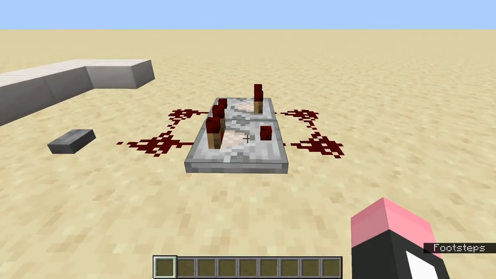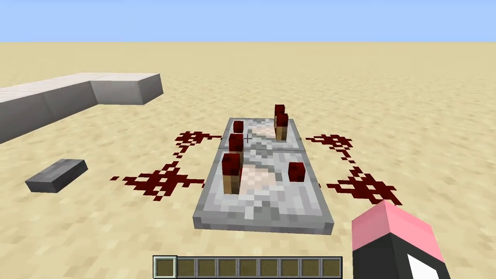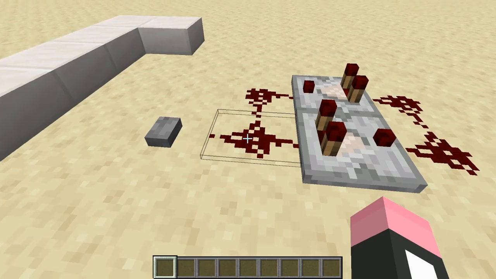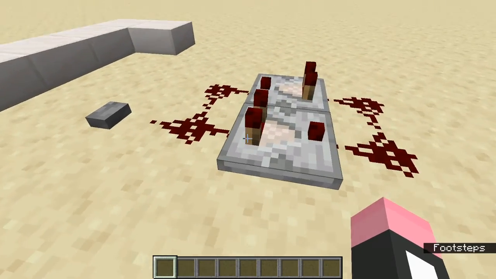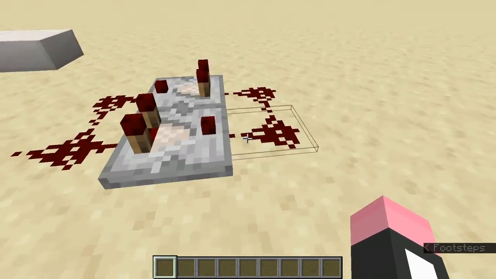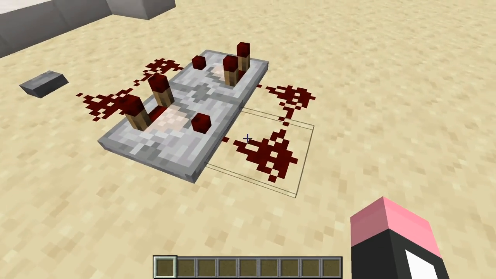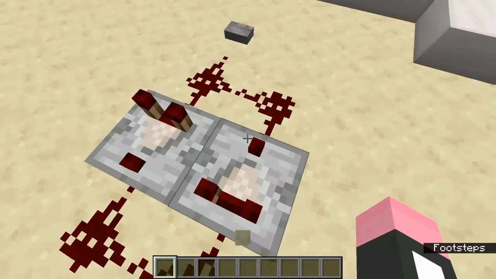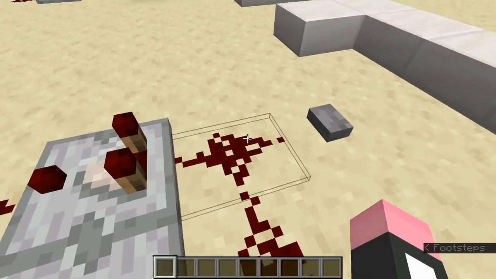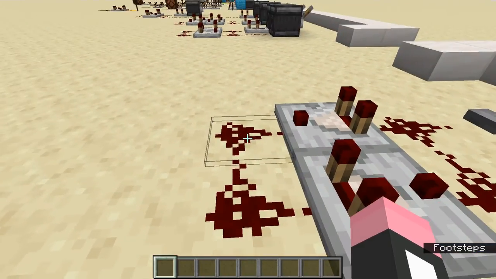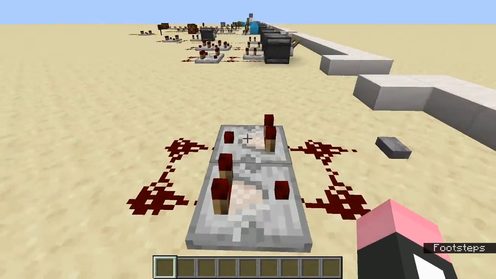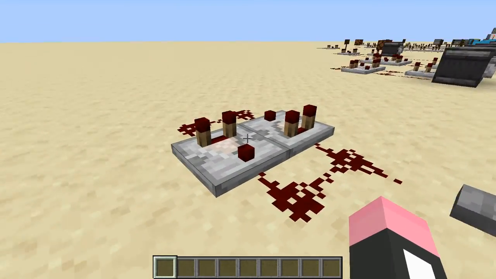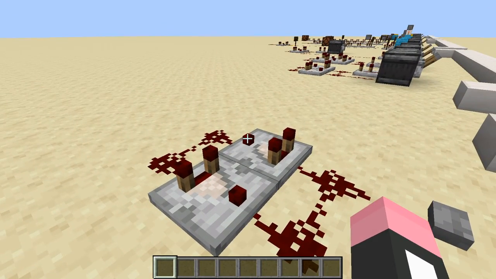It's due to the feature of the comparator, which will output the same signal strength that has been input into the comparator. So if I input a signal strength of 5 into the comparator, after 1 tick of delay, the comparator will output a signal strength of 5 again up to here. This signal strength of 5 will travel 1 block, goes down to 4, travels through another comparator, 4, another block, 3, another comparator, 3, another block, 2, and so on and so forth until it reaches 0. And now if you add up all the delay the comparator has, it will basically result in the pulse being